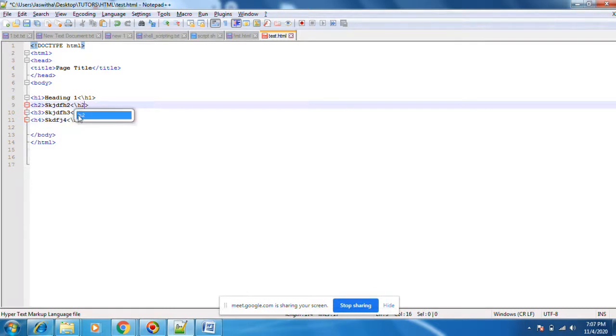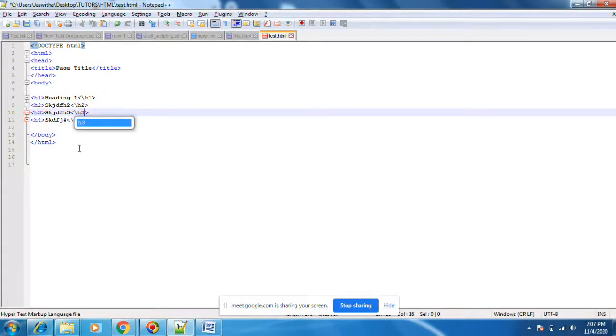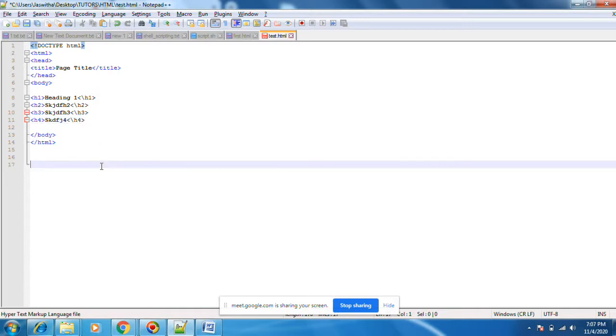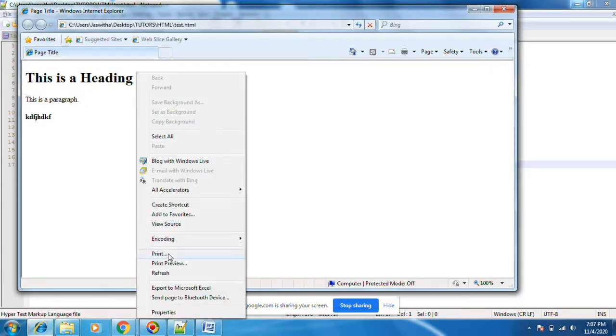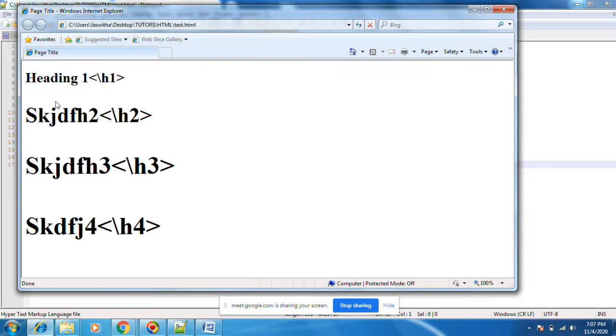Heading 1, heading 2, heading 3, heading 4. Just to refresh this page. You see heading 1, heading 2, heading 3, heading 4.